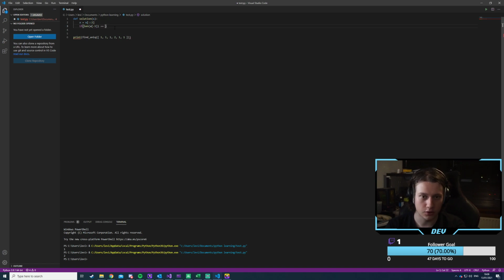If len is equal to 1, then we say a dot -1 dot append. Oh, and then we would just do this, right? We say -1 till the end. Dot append an underscore. And this would be a string, right? And I think that should work, and then we return a.